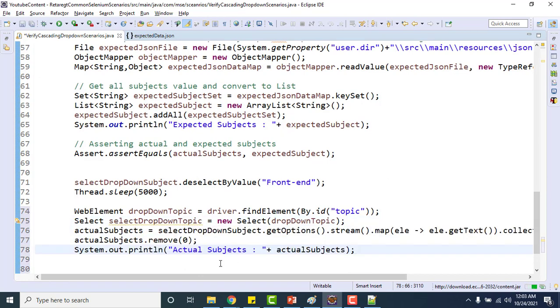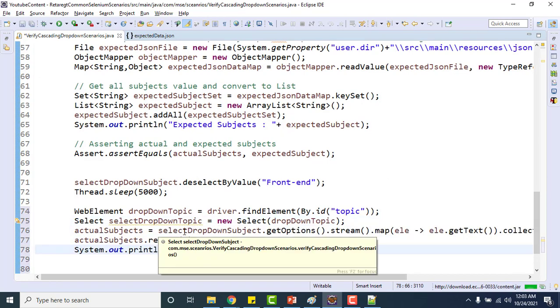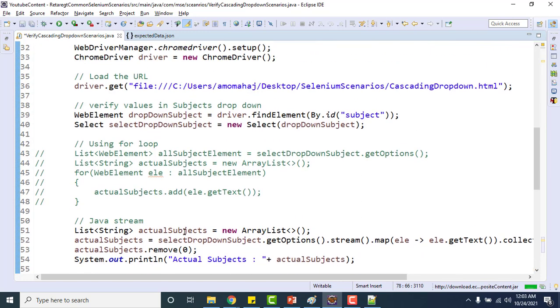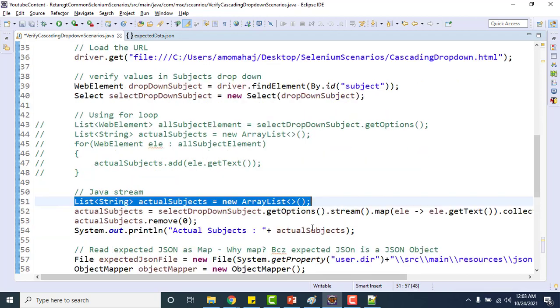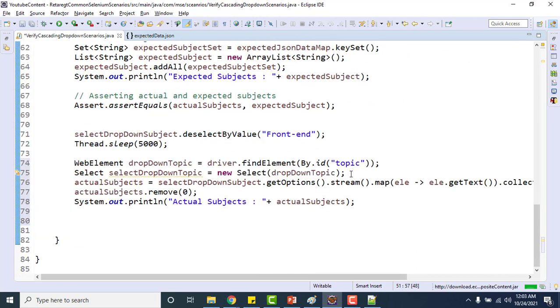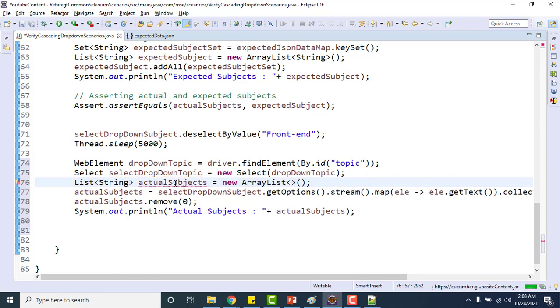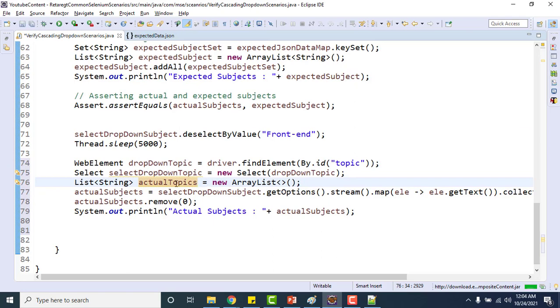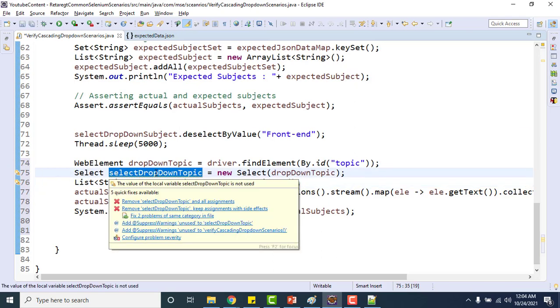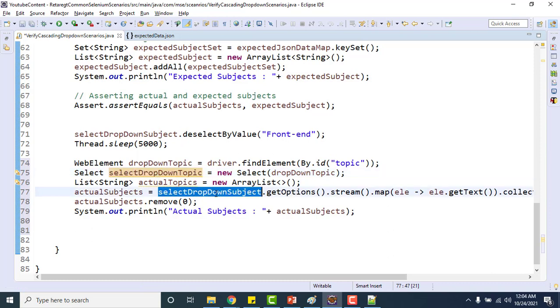Instead of actual subjects, what I will have is actual topics, right? Topics only. And instead of the subject drop down, I need to use the select drop down topic here.